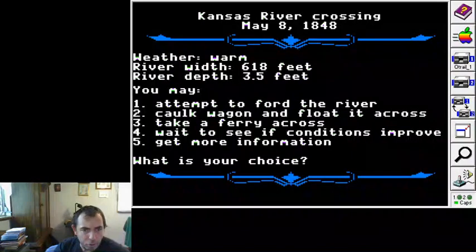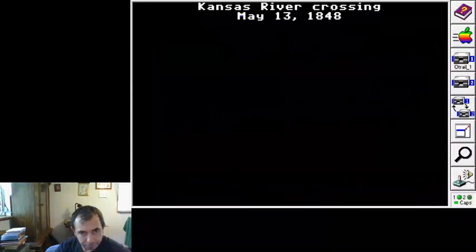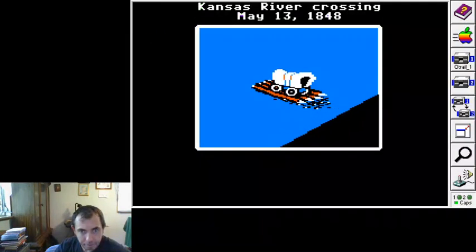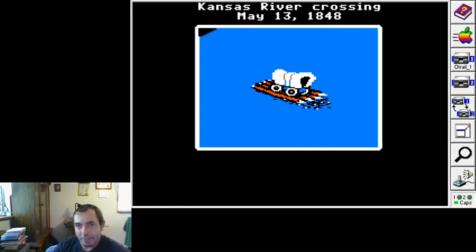All right, so let's take the ferry. $5. You have to wait 5 days. Oh, okay. If you take the ferry, you're guaranteed safe passage.